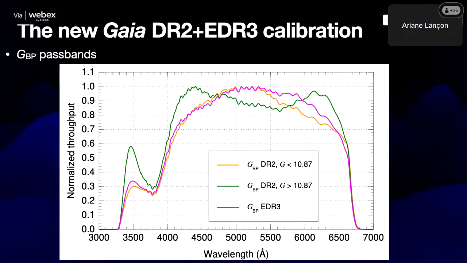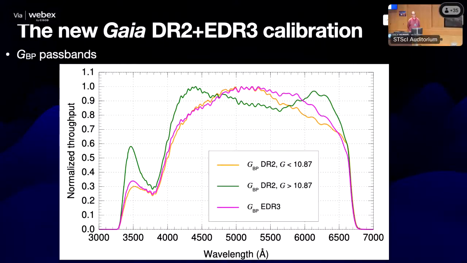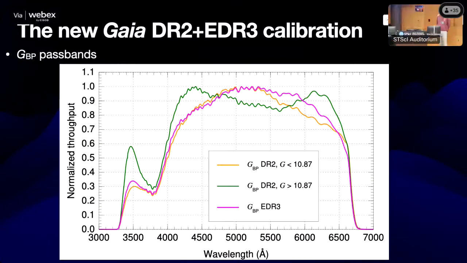Okay, so this is a different question, and it relates to how Gaia works, which is very different from anything else that is done from the ground. All the processing is done on board. That's a hypothetical question, but it has no answer whatsoever, because all the data is processed on board and sent